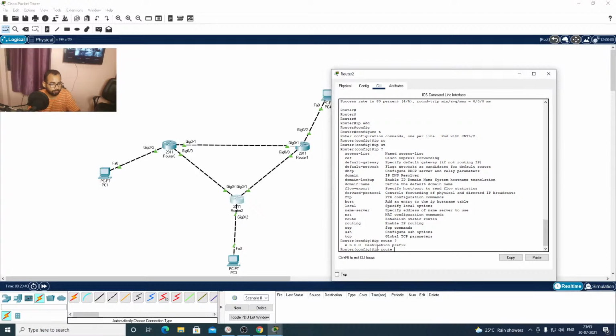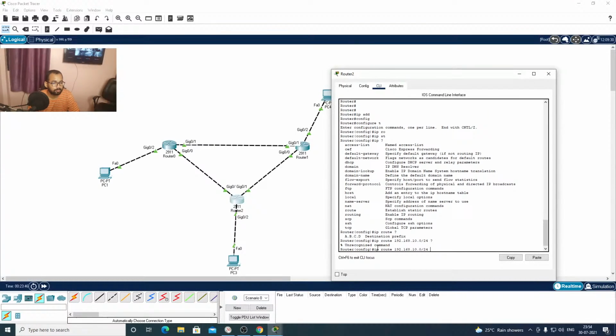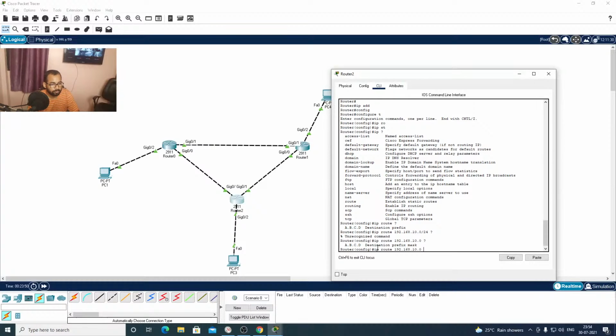The destination prefix will be the 192.168.10.0/24 network. Sorry, 10.0. This is the destination prefix. And what will be the next hop? We assign that here.